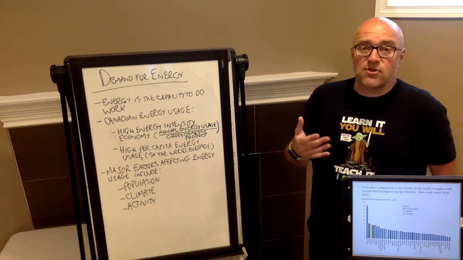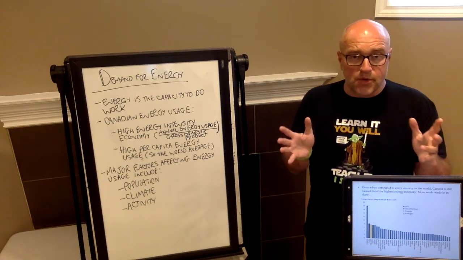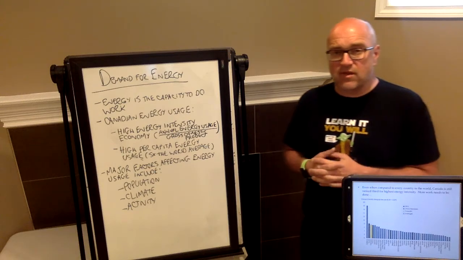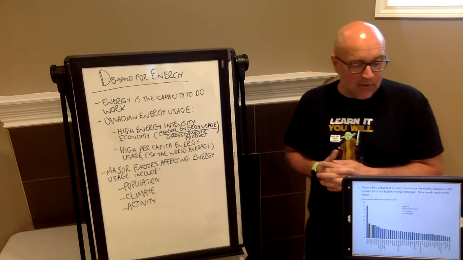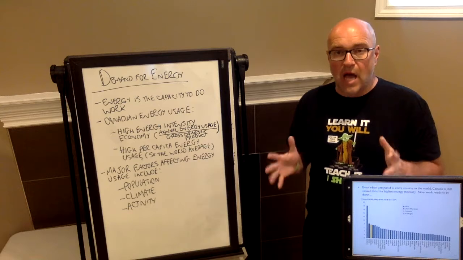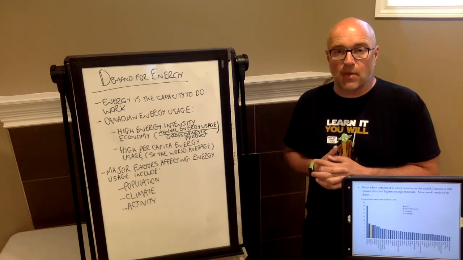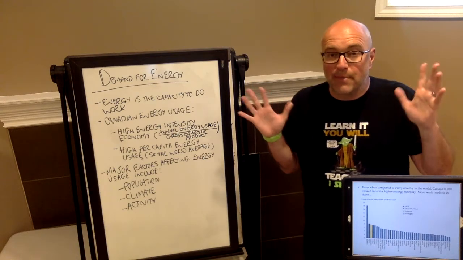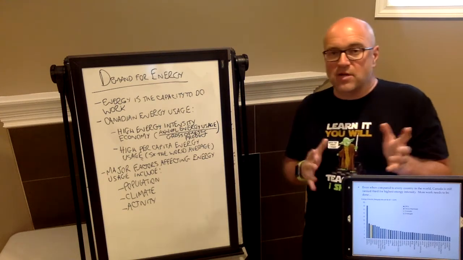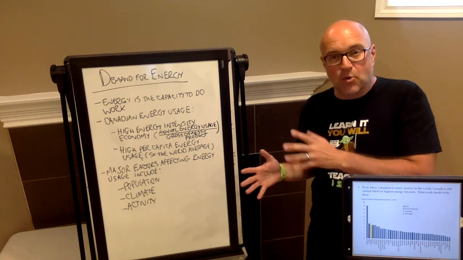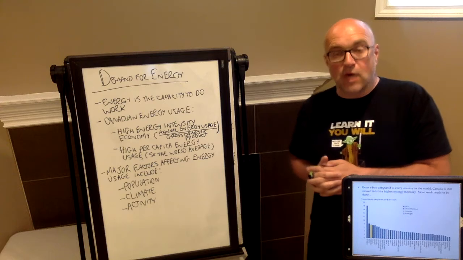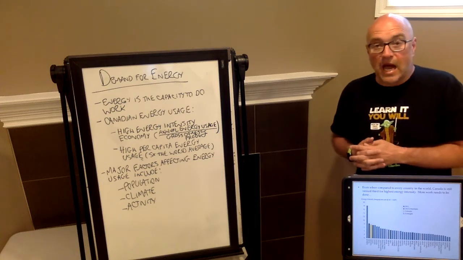If you compare us to all the countries in the world, and these were 2011 stats for GDP, Canada was the third highest energy intensity economy in the world. We were only beat out by two countries. Not that that's something we should be proud of. A lot of countries had lower numbers than we did. We should have much lower numbers. The two countries that had higher energy intensities than we did were Russia, just ahead of us, and Iceland.